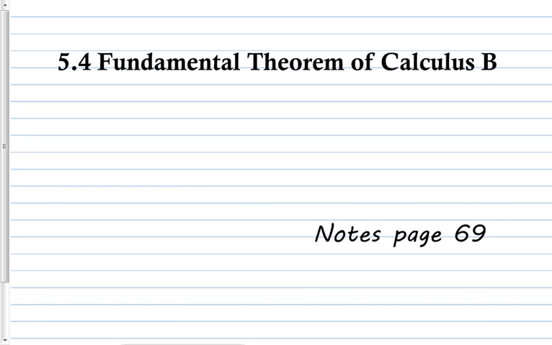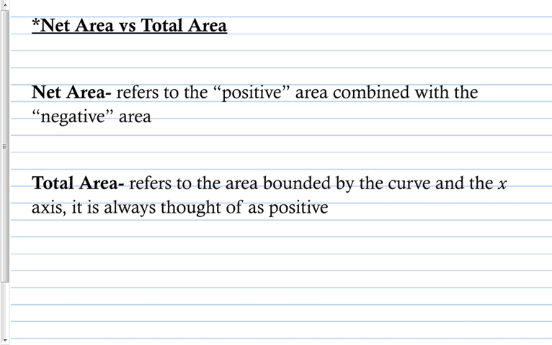All right, for 5.4 fundamental theorem of calculus, part B. So net area versus total area. Net area refers to the positive area combined with the negative area. This is what we've been doing. Whenever we integrate, the integral is equivalent to finding the areas in between the graph and the x-axis and putting